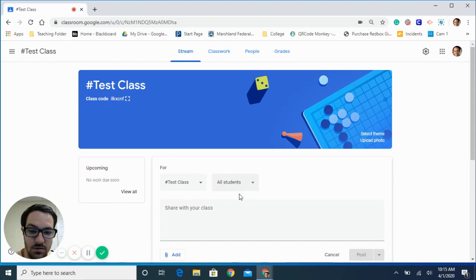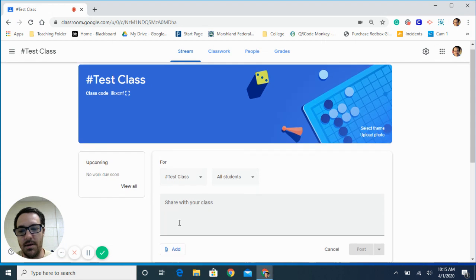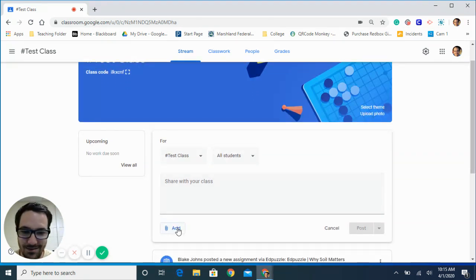So you can select the particular students. As always, too, you can add attachments. So you click the add, you can add it directly from your Google Drive or a file or a YouTube video. Again, if you're just wanting them to see something. And once you start typing something here,